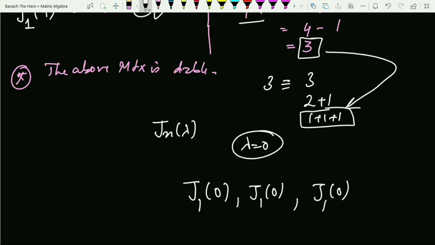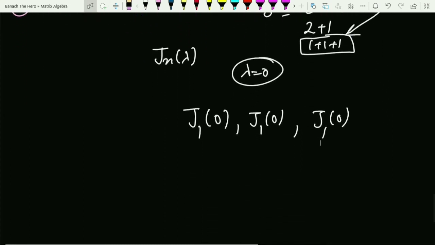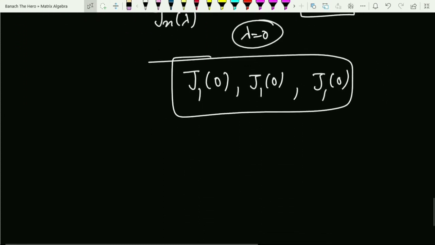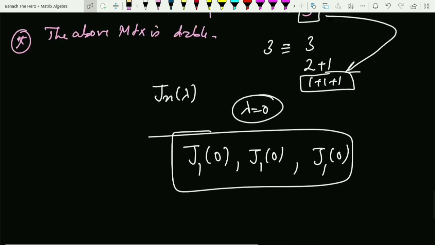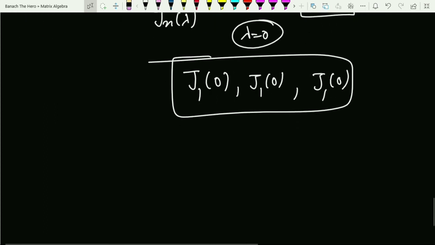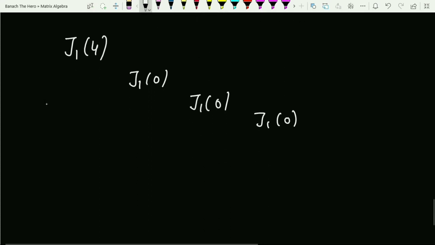Fine with this, right? So that is the short trick to calculate the Jordan canonical blocks, right? So we have the three blocks of size 1, 1, 1, and another block corresponding to lambda equals 4, again of size 1. So you can easily write it down. That is, we have the first block J1(4), the second block J1(0), the third block again J1(0), and the last block J1(0). The rest of the entries are 0, right?